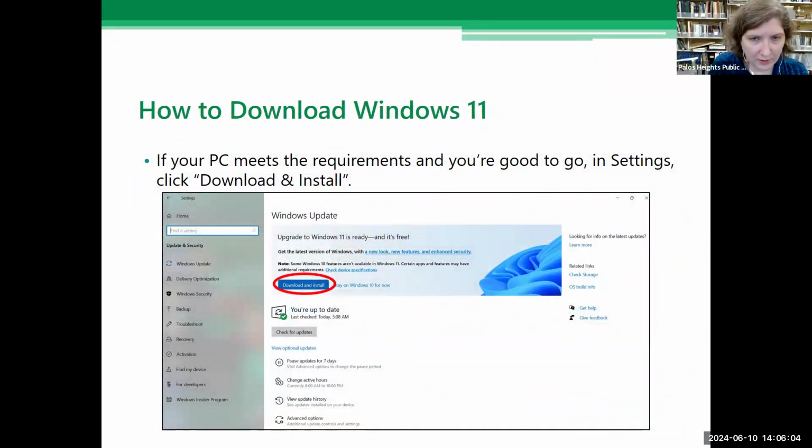And then how to download Windows 11. You can do it straight from the settings itself. If the PC meets the requirements and you're good to go, in settings there should be a Download and Install button. You'll see that little blue button in Updates, Windows Update.